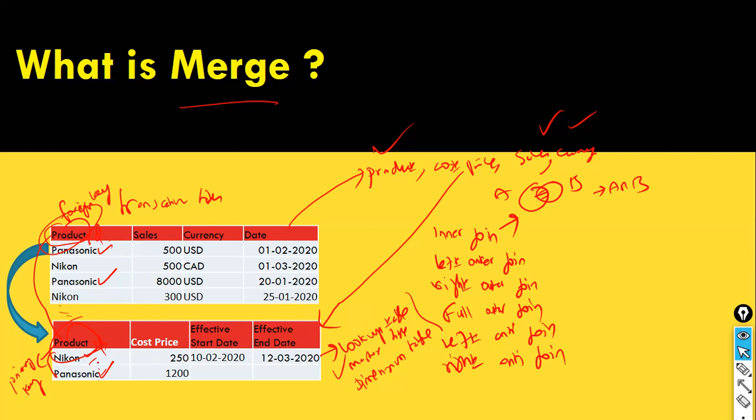So here Nikon and Panasonic are there. So hence it will join all the values. It will return all these 4 rows when you do the join. When you do the join based on the common column product ID, so here you will get all